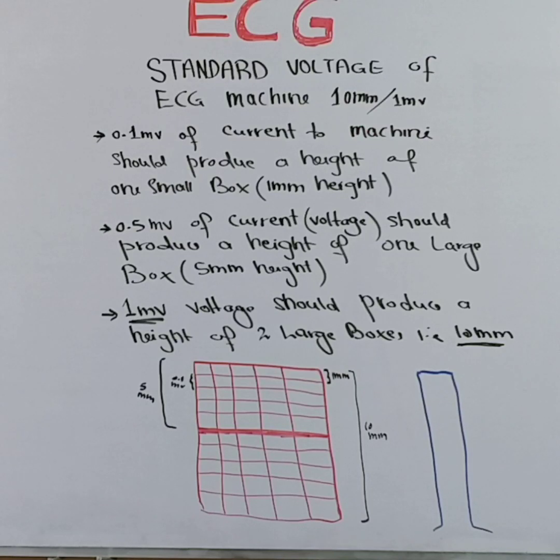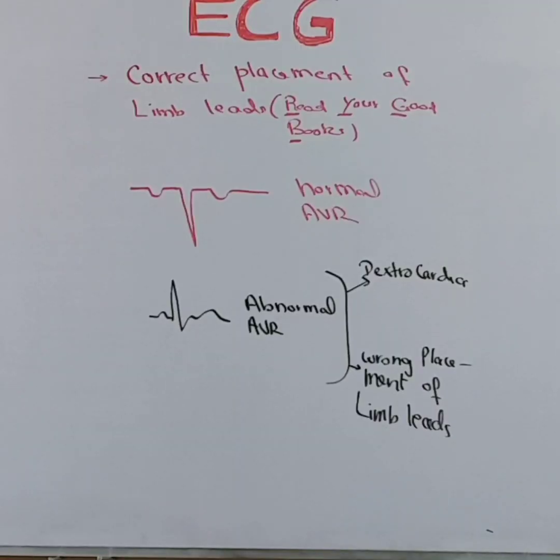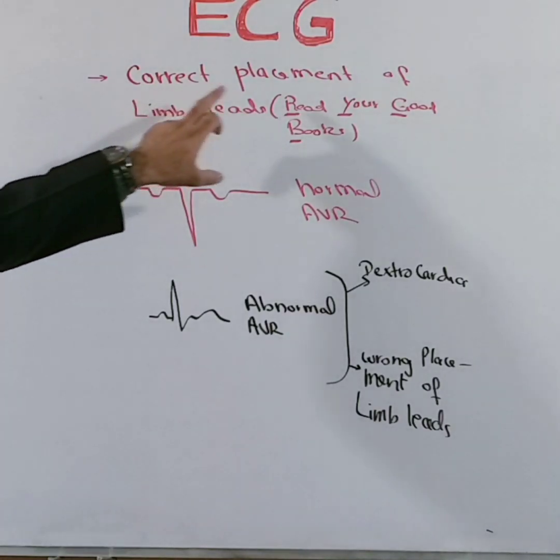So along with checking the patient name and other data, you need to check the standard speed of the ECG paper and also the standard voltage marking, written as 10 millimeter per millivolt. This is a very important finding. Another thing which should be noted on the ECG paper is the correct placement of the limb